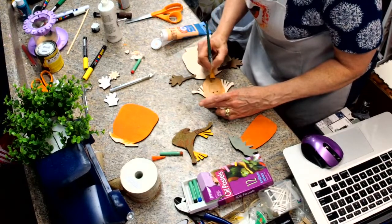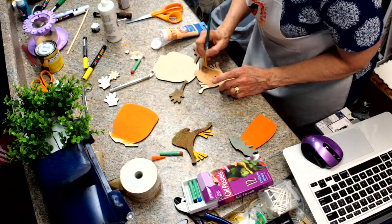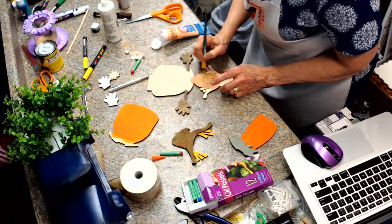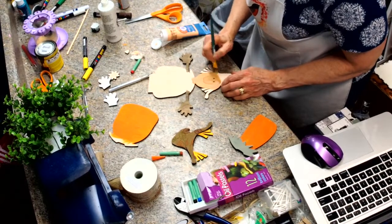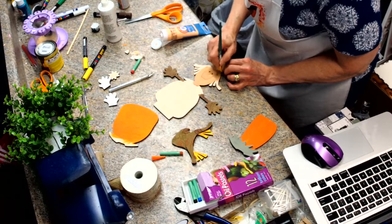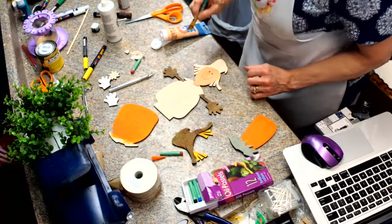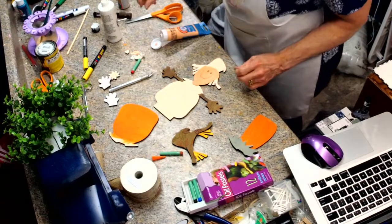There. That's better. Kind of mixing it in with that brown or taupe or whatever it was. And see, I don't have to get real fancy over here because we're covering that up. Much better. Yep. I like it. All right, now let's...